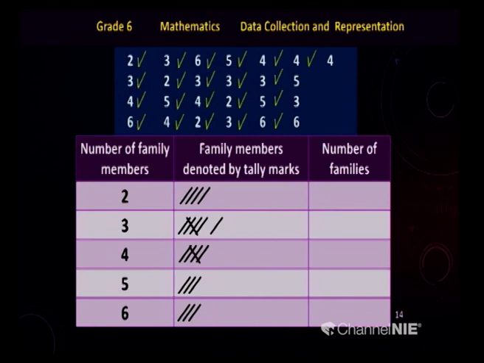Now it is very easy for you. I know you have got a clear understanding about these tally marks. Then we move to 5. Then 5, that is the 4th tally according to that information. Then next one 3. Okay, 3, in front of 3 you should put a tally mark there. Then 6. Okay, the last row of that table. Then I move to the last number of this. Here that is number 4. Then I mark it like this. Now we have completed, my dear children.